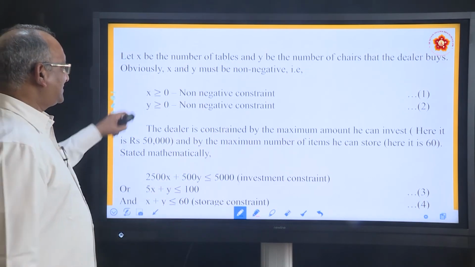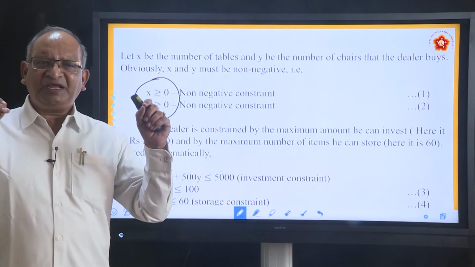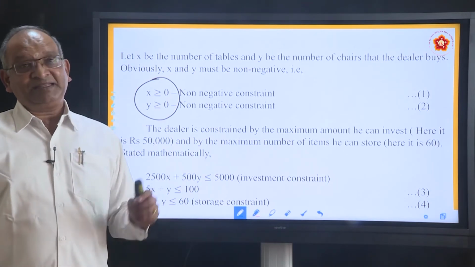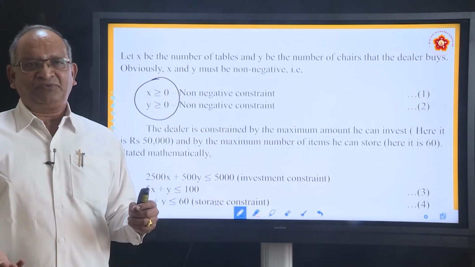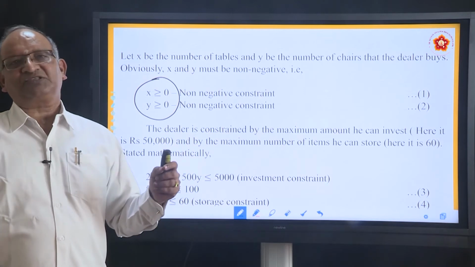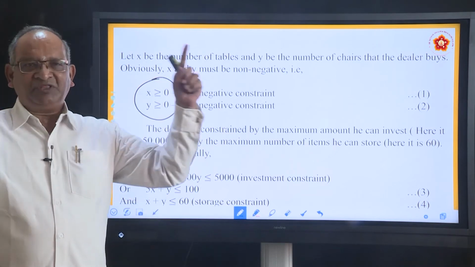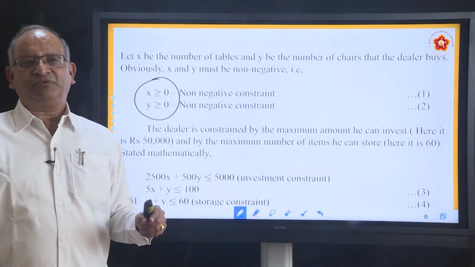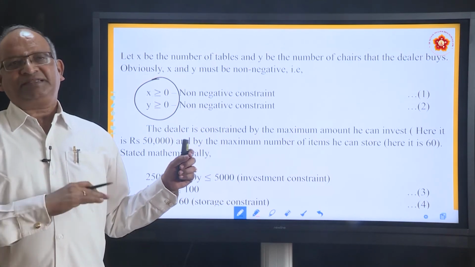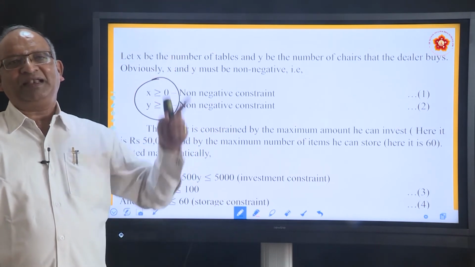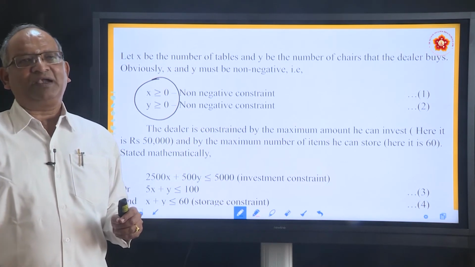These constraints, you will find in every problem, and there is a very big advantage of having them, because when you draw the graph, you need to take only the first quadrant, where x and y are both positive. Even though the graph paper divides into 4 parts between the vertical and horizontal lines, here we don't need that. Just take the bottom line as the x axis, the vertical line as the y axis, and use the entire graph paper, and everything will be in the first quadrant only.